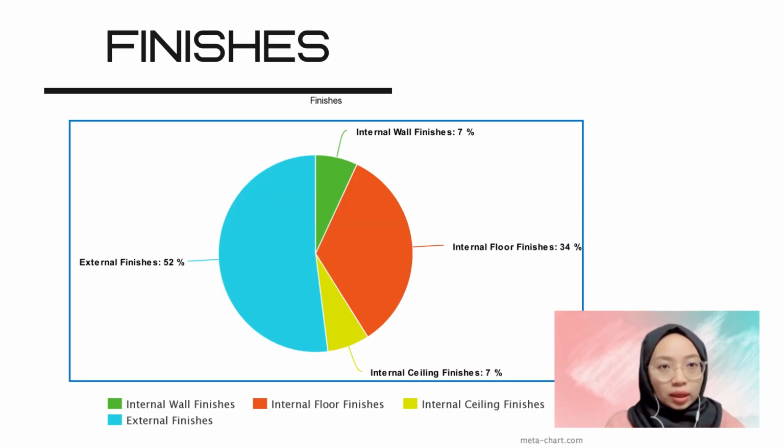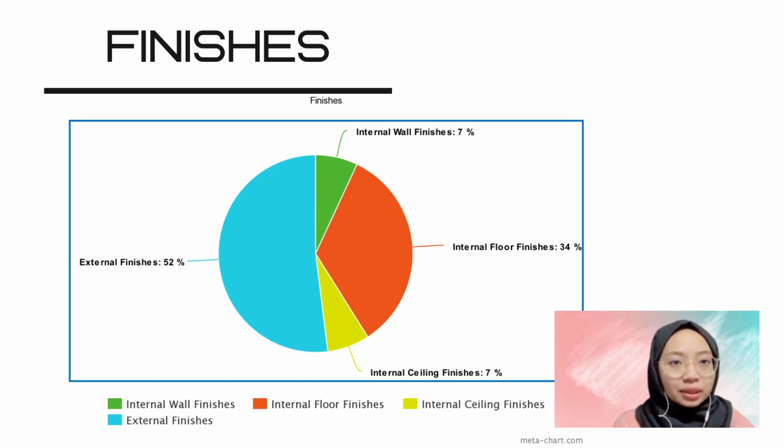Now I will proceed with finishes. All the elements for finishes use a build-up rate to get the cost plan. The build-up rate is used because the specification is not similar to the reference ECA and the drawing is detailed for the finishes. Based on the pie chart, the highest cost of finishes is external finishes, which is